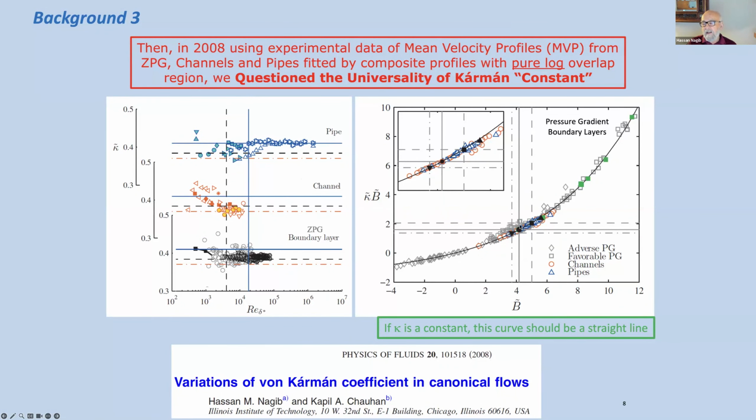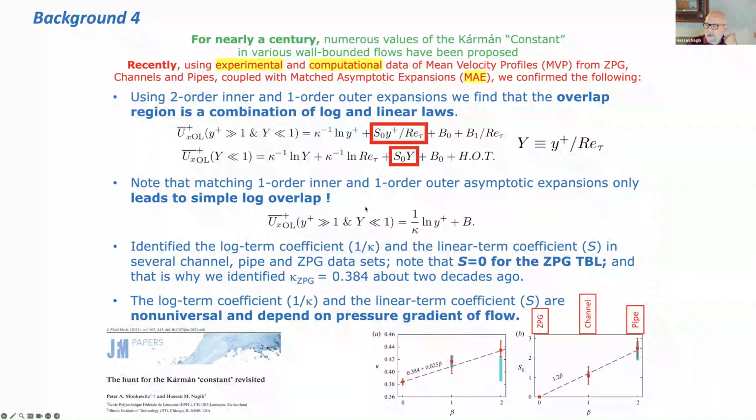The data here includes pressure gradient boundary layers. A lot of these green data are from Notre Dame, actually favorable pressure gradient. There are many adverse pressure gradient. I think some of the Lille data is in here. So since 2008, we've been saying kappa is not constant. Now, it's very controversial because